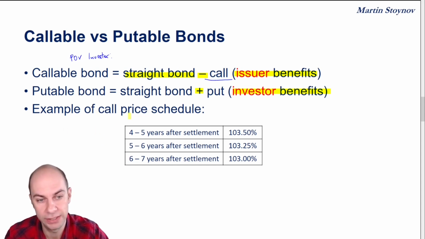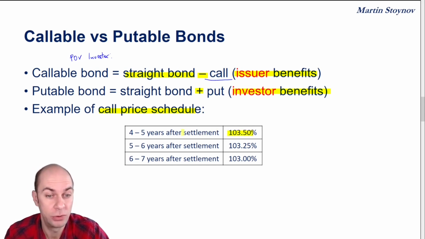And I've given you an example of what's known as a call price schedule. So typically, let's take the example of the callable bond here. There will be a period of call protection. Let's say we've just issued the bond. So you can see here that between years 4 and 5, I can call the bond. I'm the issuer in this case. I can call the bond at